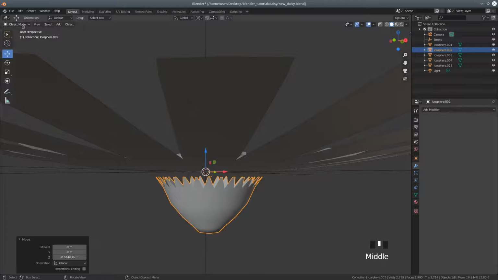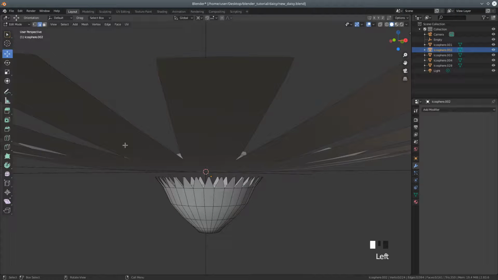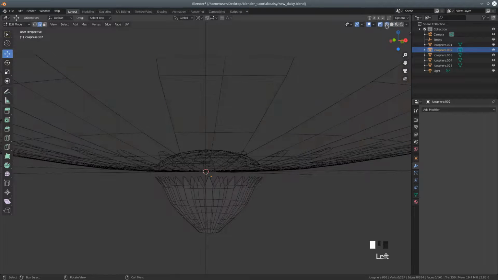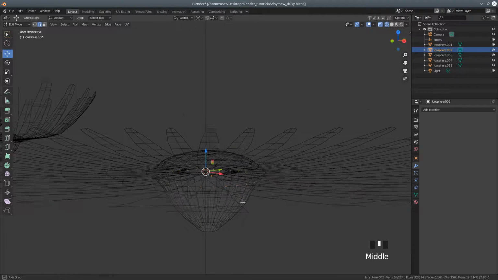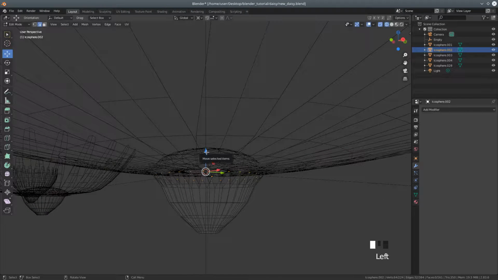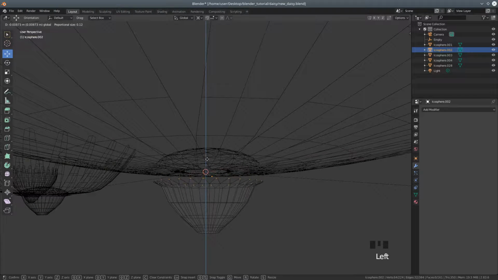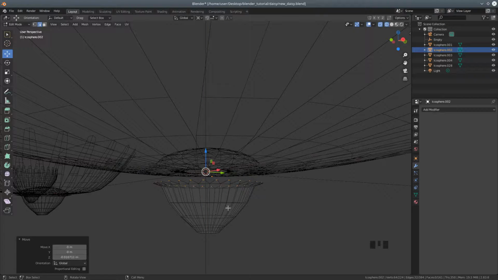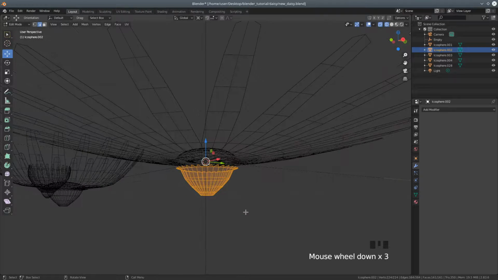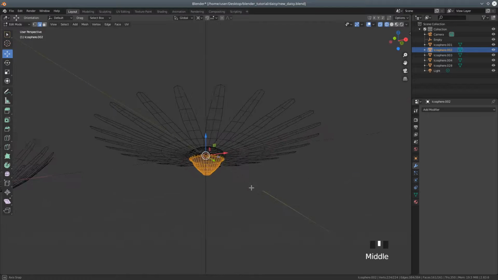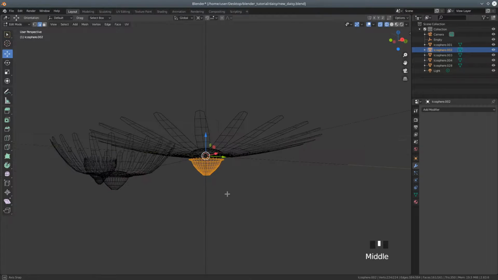So let's go into edit mode, go to wireframe mode, and we'll just box select and see if we can grab all of those edges. We'll just take them down a bit, maybe something like that, and maybe we could scale that up a bit. Might be an idea,